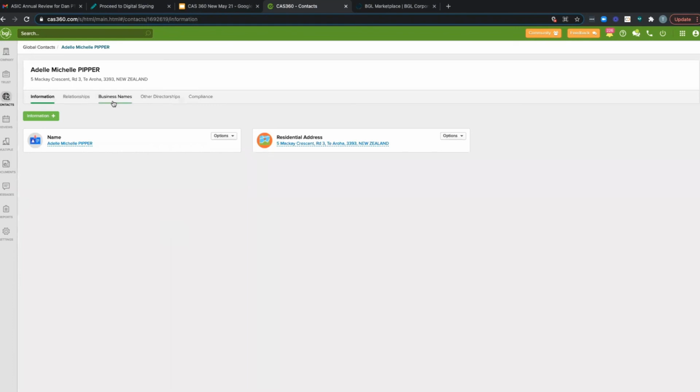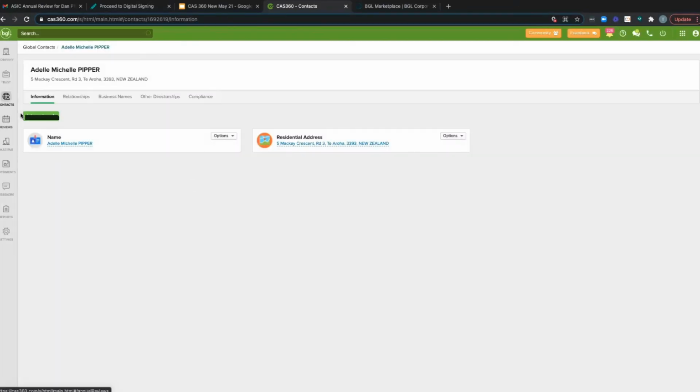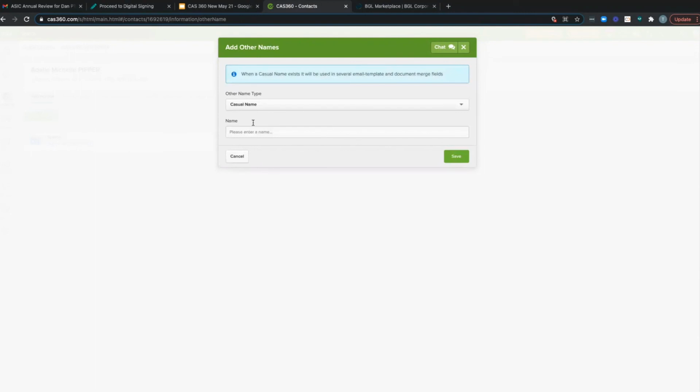Okay, so now in terms of information, I can add in their birth details if I need to, and put in their birth country, birthday, nationality and so forth. I can also record any other names. So if there's a casual name, then it will merge into all of the email and document templates,